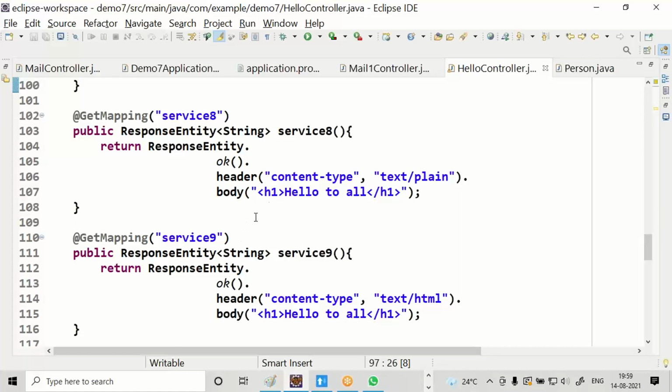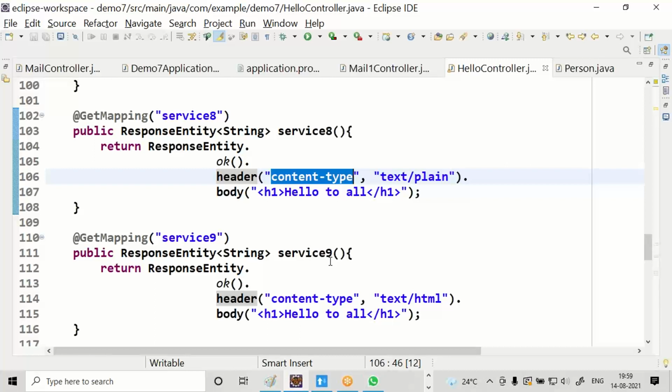Come to service 8. Not only status and body, you can also set a header. Content-Type is a response header.